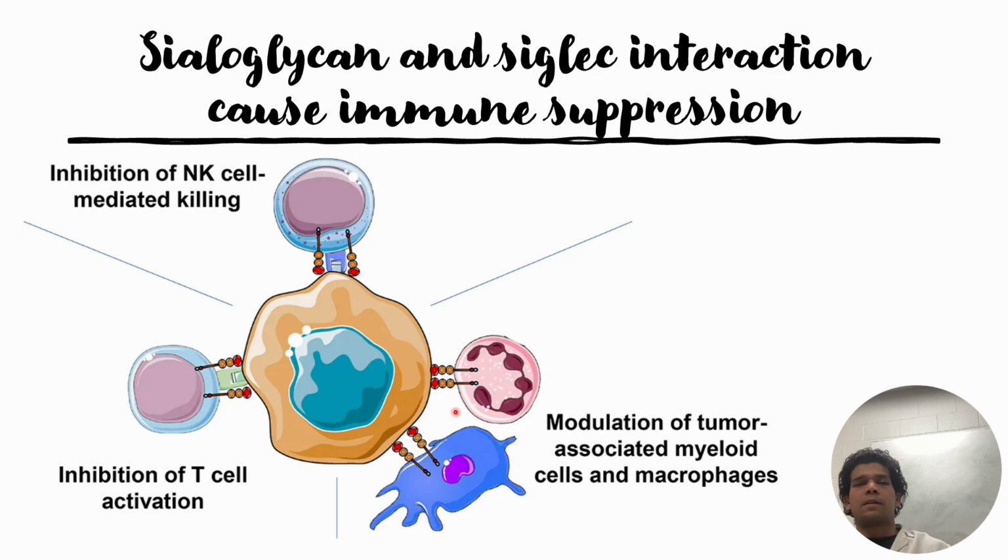But the carbohydrate based immunosuppression receptors are still in the phase where people are discovering new receptor ligand interactions, and by suppressing those interactions they are able to see enhanced anti-tumor efficacies. So far it has given positive results. However,